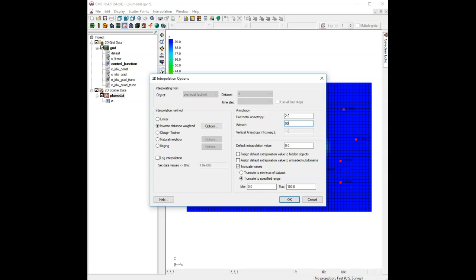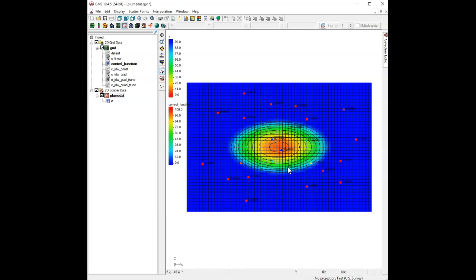And this combination of numbers ensures that the interpolation is biased to prefer the horizontal direction. And I'm going to click OK. Essentially, from 90 degrees from the x-axis, which is vertical, it stretches the x distance by a factor of 2. And what that does is it makes the things in the horizontal direction appear relatively closer when you do the interpolation. So now let's say interpolate to grid,